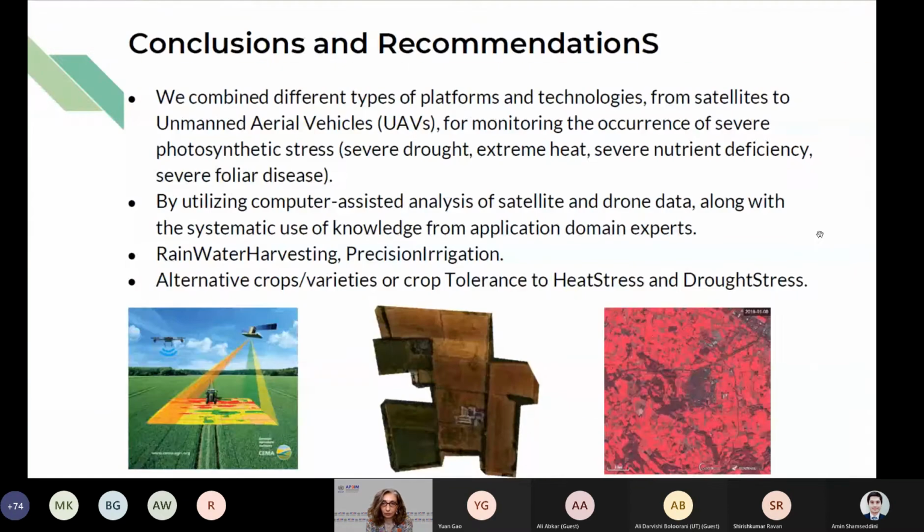Just to mention that we try to combine different platforms such as satellite, drones, ground images, and tools for monitoring the occurrence of the drought. And the extended management model must address, for example, the following factors: the objective functions for farmers, which is the crop yield or the cost, to minimize the cost or increase the yield. And the methods that we have looked into are soil improvement, like soil mulching, soil preparation, the water management, like water retention,